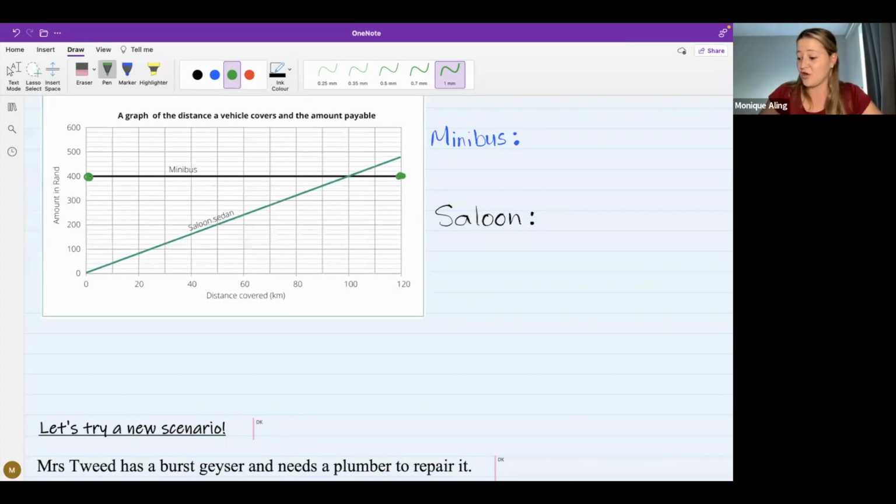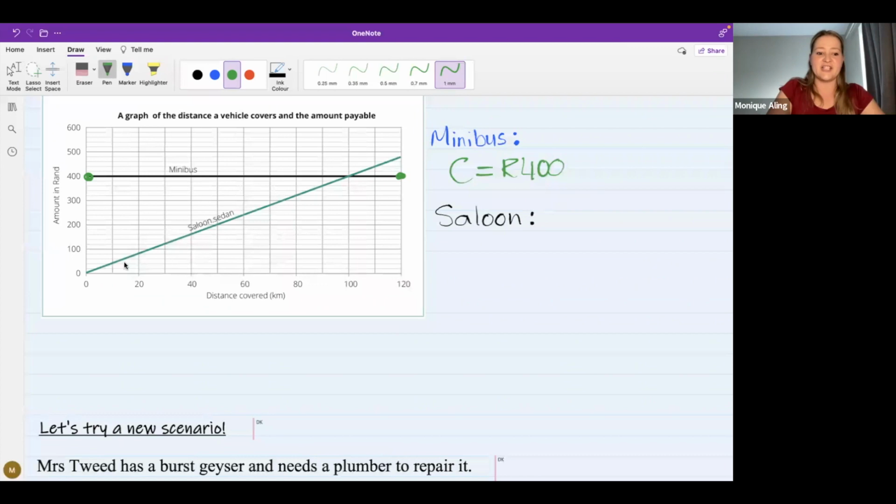That's it. So the cost for the minibus is 400 Rand. We don't times by number of kilometers because it doesn't matter how many kilometers we travel. So we don't times, we don't divide anything because it just is 400 Rand. Okay. Then if we look at the saloon